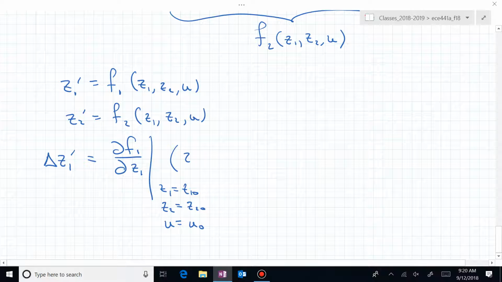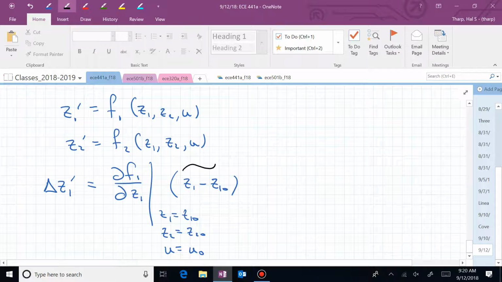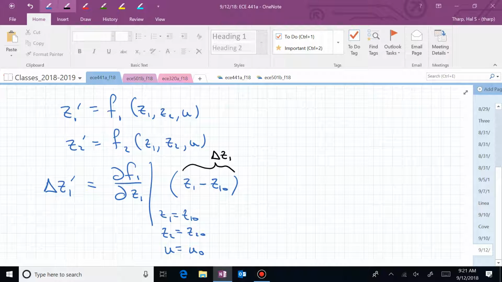This is now z1 minus z1, 0, or all of this together, this little piece, is actually just delta z1. I need to keep going. I need to take the partial of f1 with respect to z2 and the partial of f1 with respect to u, and then I'll be finished with this first